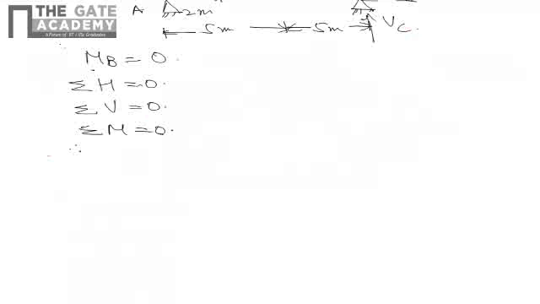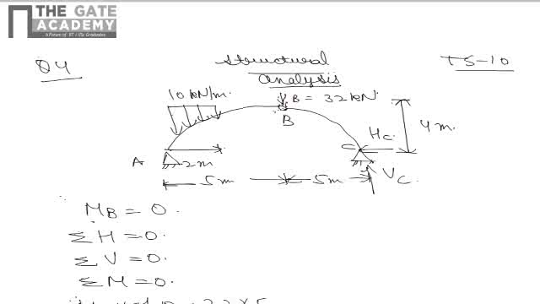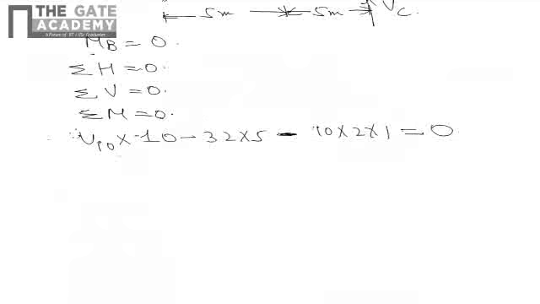So it comes as VC multiplied by 10 minus 32 into 5 because of this constant force that is acting at B, minus 10 into 2 into 1 because of this small UDL, which should be equal to 0. So VC comes out to be 18 kilonewton in upward direction. Now